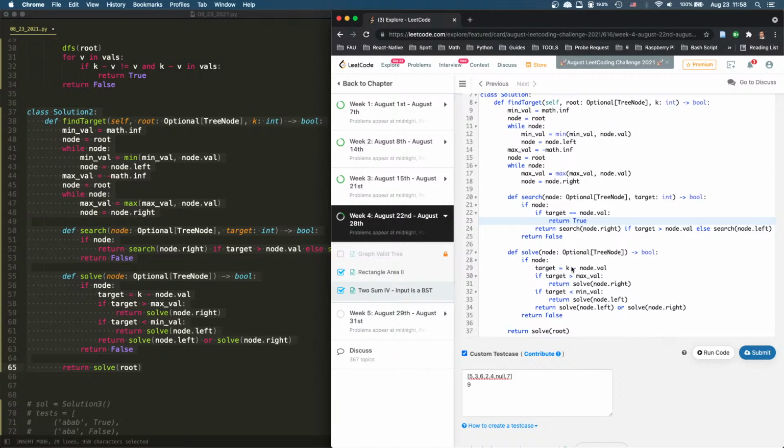Target equals k minus node.val, right? And then if target is larger, then the target is too big, so we only search on the right side. Target is too small, we only search on the left side. If the target is in between, then we don't know which side to go, so we do the left side and do the right side, right? And I'll keep going. Next target, k minus